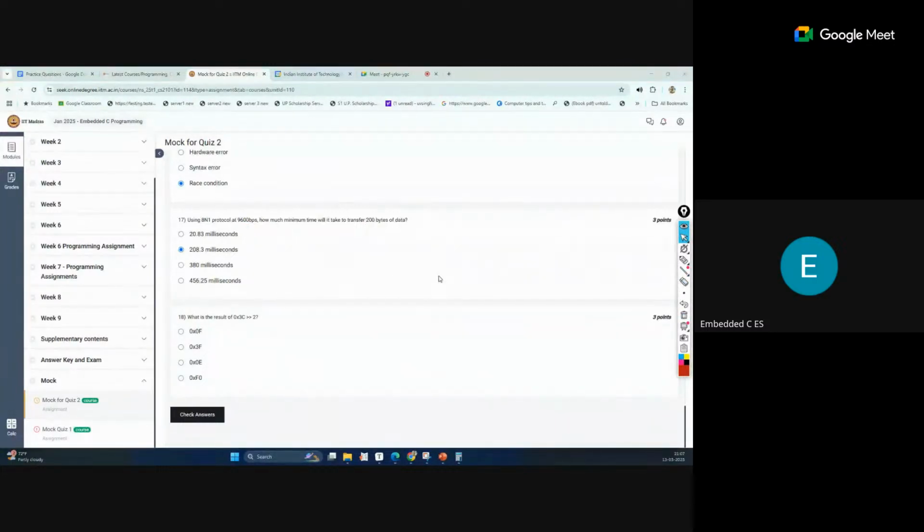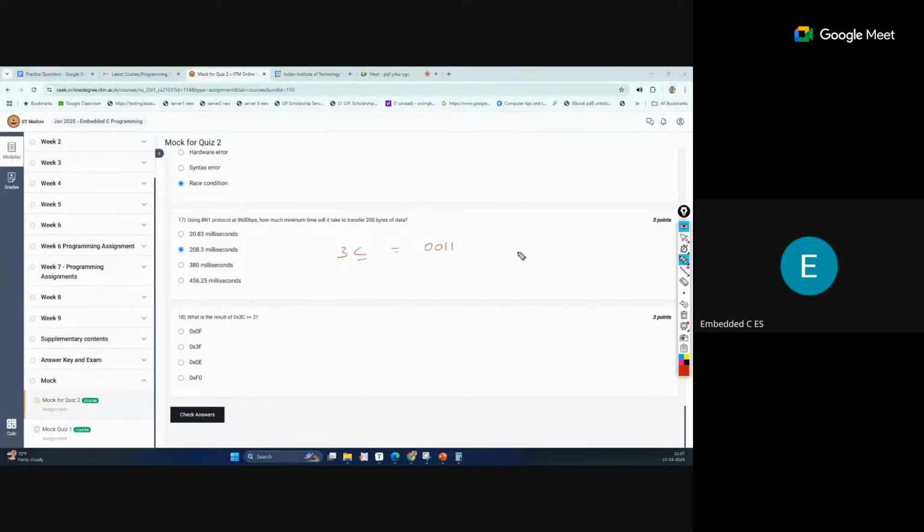Now the next one. I think this question is from the initial weeks. We have 3C, and this is a right shift by 2. If you convert 3C into a binary number, what will the data be? For 3 it is 0011, this is correct.